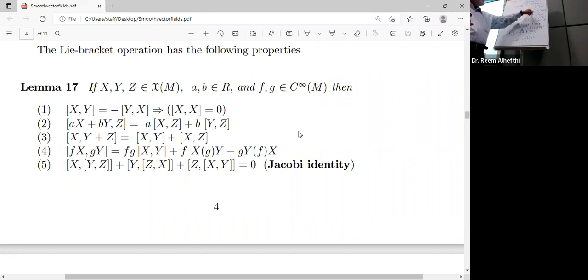Now, look, I first explained, given a vector field, it acts on a smooth function to produce a smooth function. Y is a vector field, YF is also a smooth function, XF is a smooth function. X again operates on that smooth function, Y again operates on this smooth function. This difference is this. How is it defined?